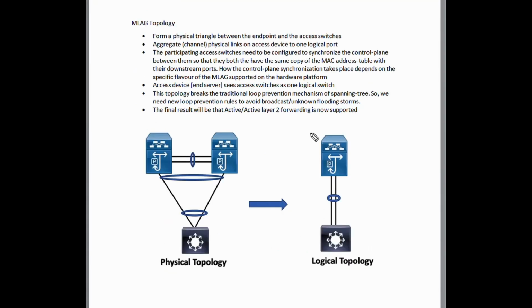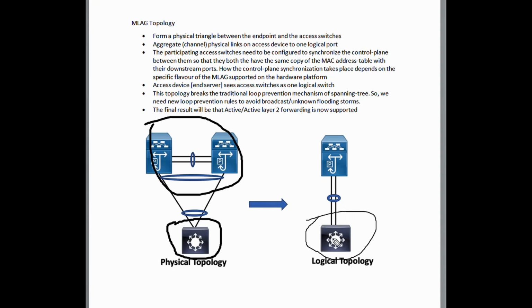the network. So like we discussed with MLAG, we form a physical triangle between the access switches and the endpoint device. However, from a logical topology perspective, this appears to be a point-to-point connection. The benefit of this design is that apart from adding redundancy to this topology, both in terms of link level redundancy and node level redundancy, we also add additional bandwidth to the endpoint device. So now for the endpoint device, we have two links to its upstream device, and it can be used in